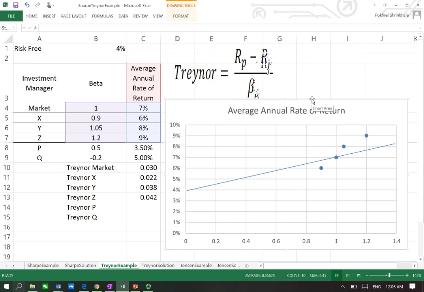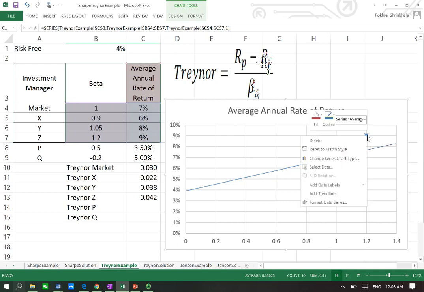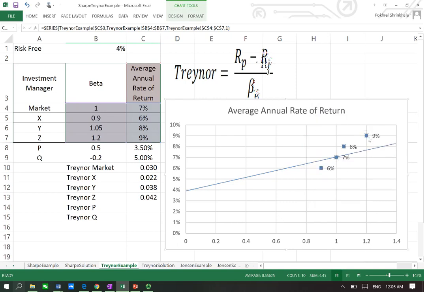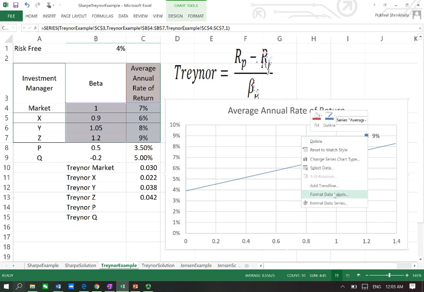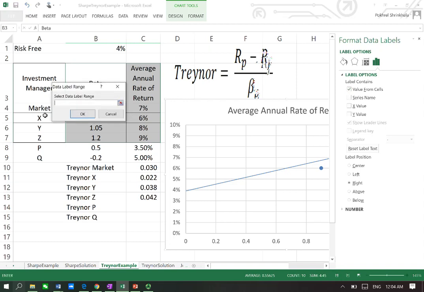So the results basically indicate the investment manager here, who is this? Let me put the labels, and let me change this to the names so I can find. I don't need this, but I want the name, series name, value from cells. So market, X, Y, Z, and if I close it,